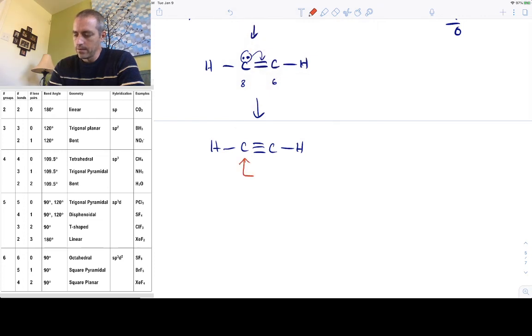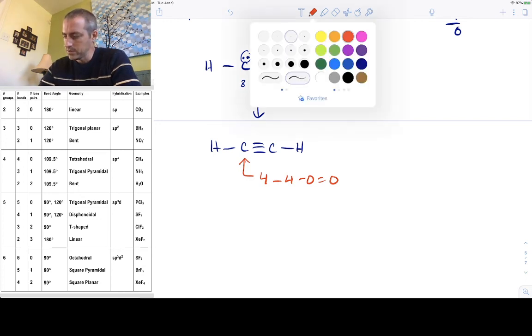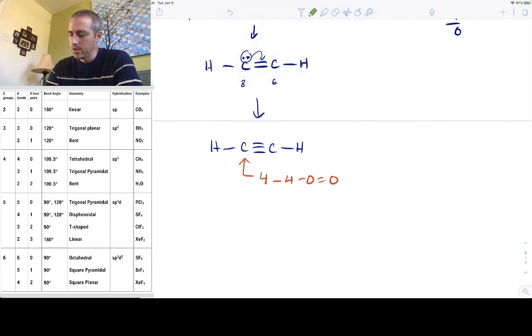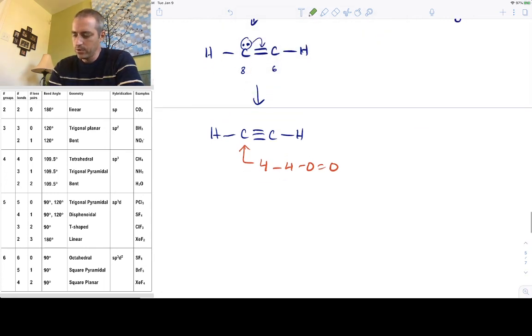Our formal charges for each carbon is 4 minus 4 bonds minus 0 is 0. Everything is happy and stable and even, and we ended up with a molecule with a triple bond in it, which is the first in this example. For each carbon, if we want to count the number of groups, the number of groups for that carbon, for either carbon, is going to be equal to